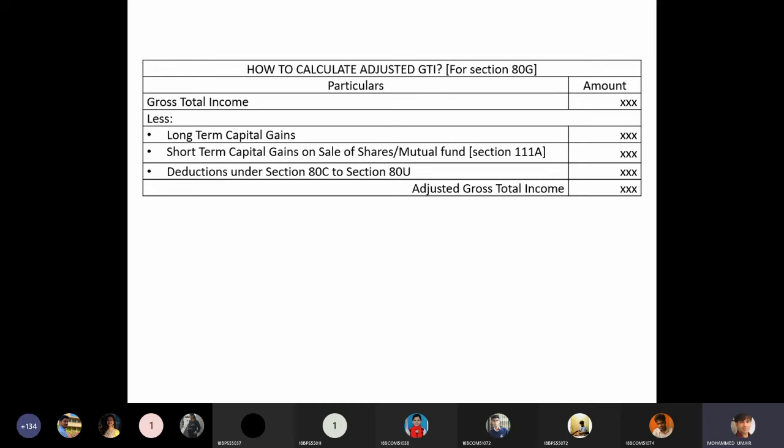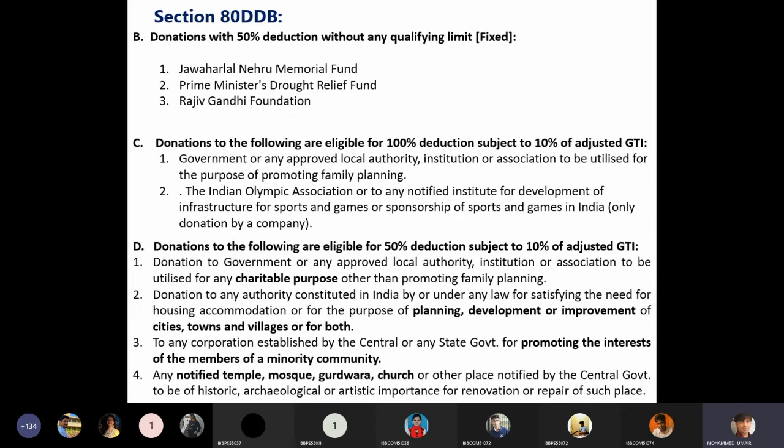So let's do some numerical calculations now. So you can just go through the list here. So the entire list and details are given in your study material for you to go through and remember the concepts. And anyways, I'll be sharing this PPT also with you now. So first of all, you should know what is the purpose of 80G and what are the categories of funds and organizations that are listed and notified under section 80G. So those four categories A, B, C, D is something which you people have to remember.